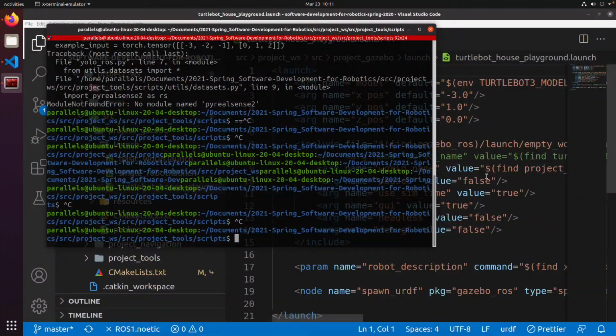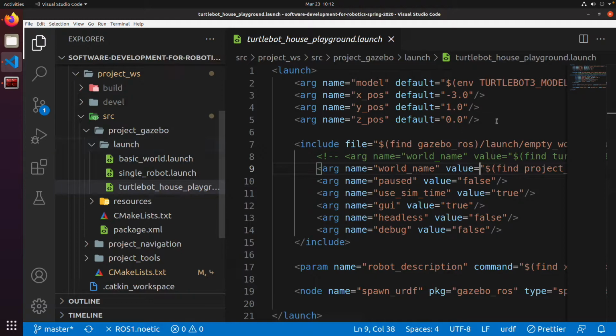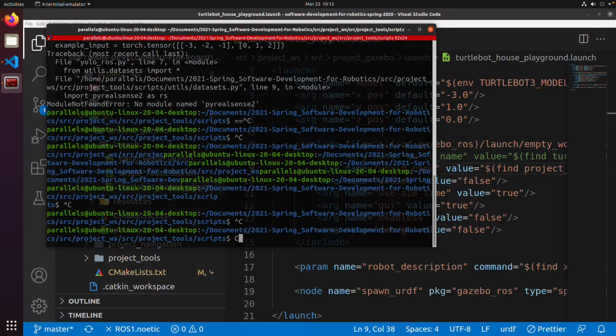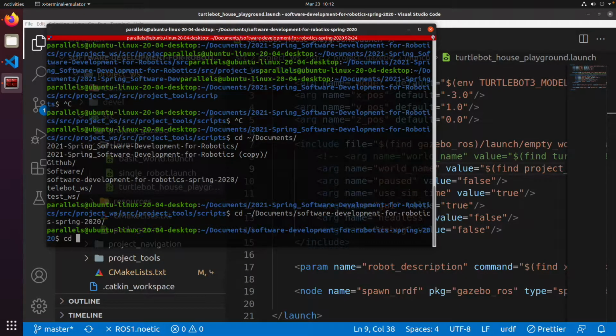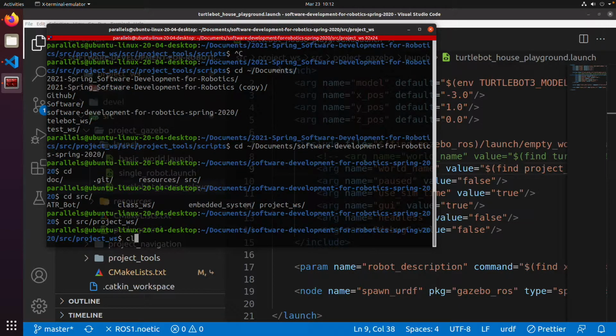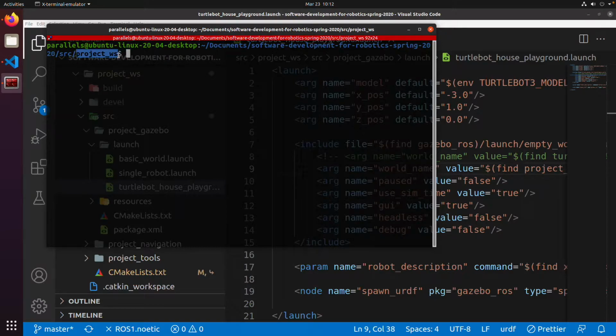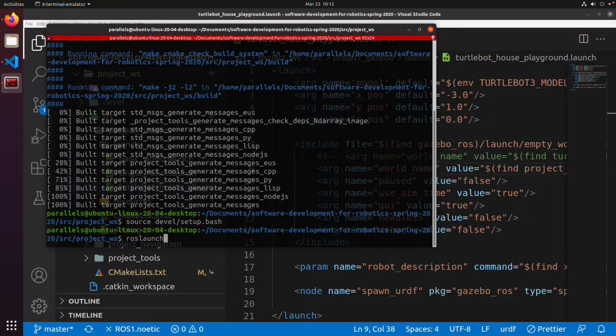So yeah, as I was saying, once you have this launch file, the way to launch it is to go back to the command line. Just go into that folder, cd Documents, software 2020. Sorry, this is my root folder, but for you, you only have the project workspace. After you unzip your file and go into that folder, do a catkin_make, then source devel/setup.bash, then roslaunch,